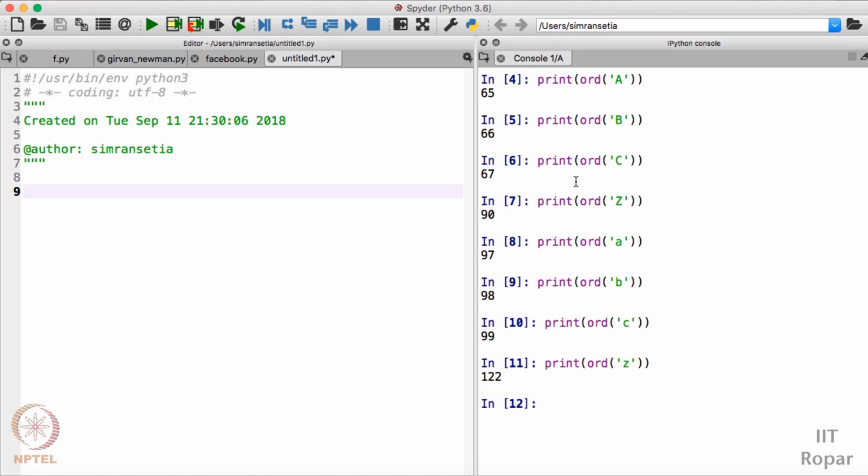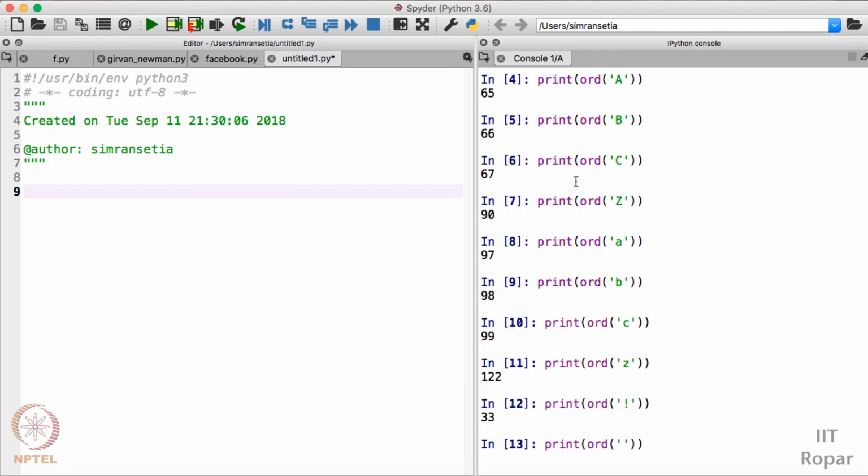As I already explained, we also have the ASCII values for some special symbols like the exclamation sign, @, %, hashtag. So we can also check. Let us check for the exclamation sign. It is 33. You can cross check with the table that we showed in the previous video.